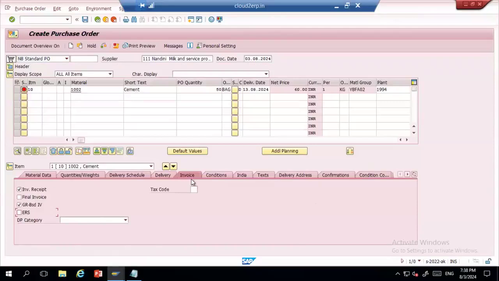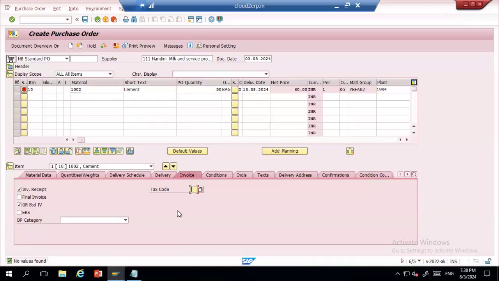Here in the invoice tab, you will have an option called tax code. If you select here, there are no tax values now because the tax code is not assigned to the company code. We missed some steps, mostly. The tax code is assigned to the country, but not to the company code. So let me check which step is missed, assign that, and come back.